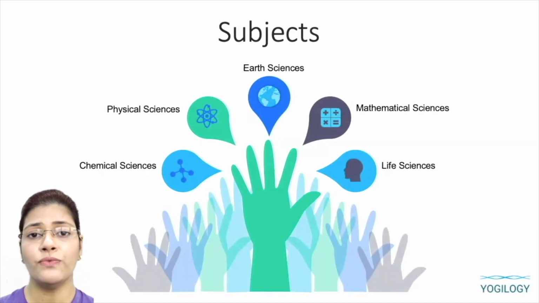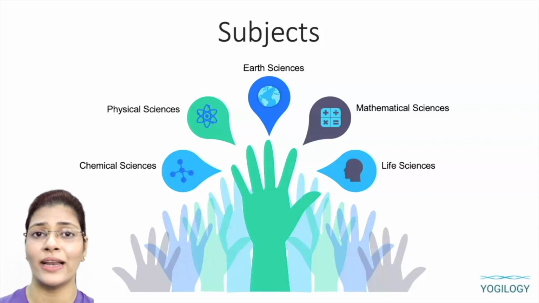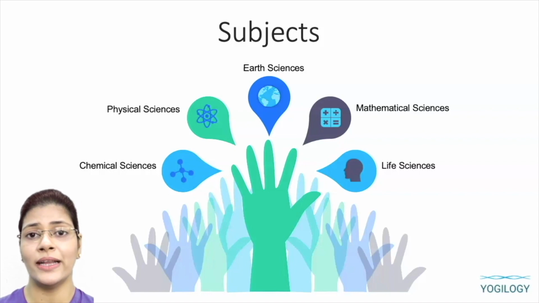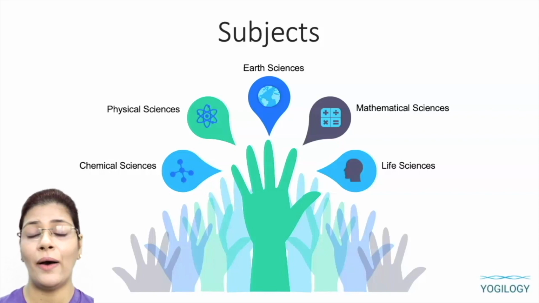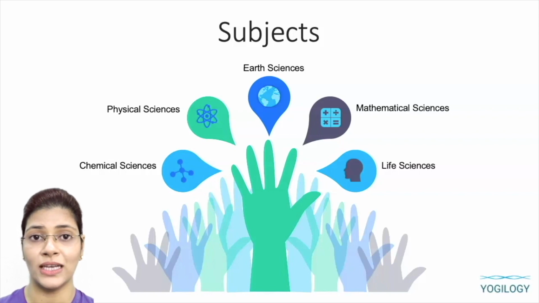One more reason for the syllabus to be so diverse is that all biological science candidates have to apply under subject life sciences. Because CSIR NET is conducted in 5 main subjects: chemical sciences, physical sciences, earth sciences, mathematical sciences and life sciences. Candidates, whether they are biotechnology, biochemistry, microbiology, life sciences, zoology, botany, food sciences or any other biological science, have to apply for subject life science.